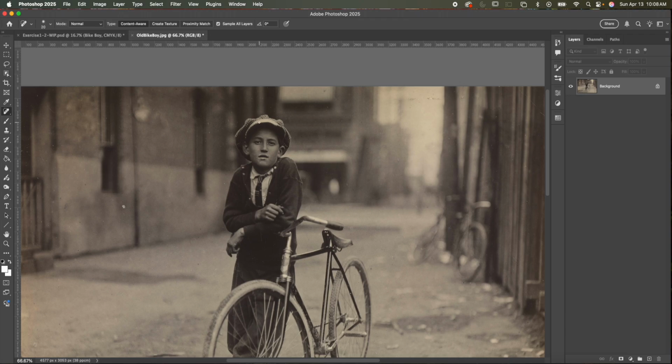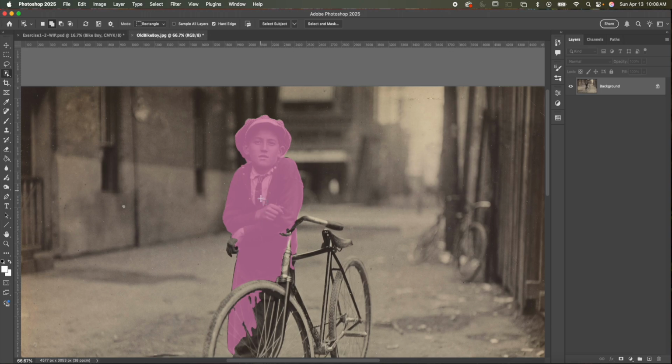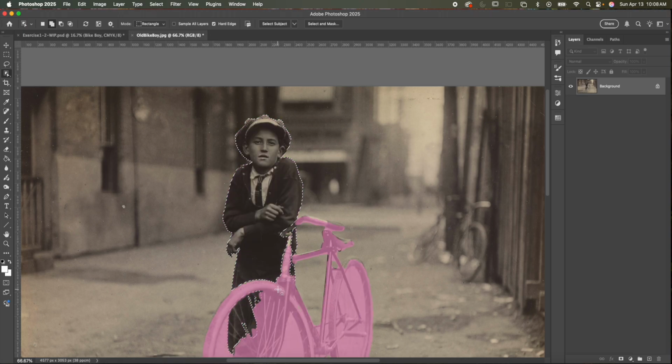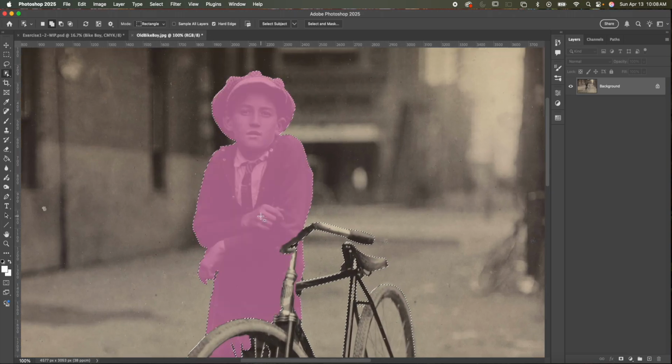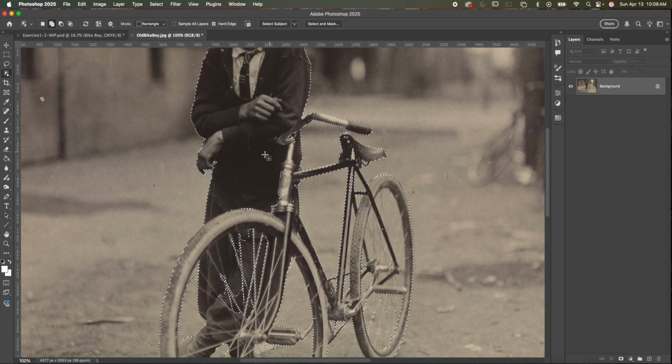separate the figure from the background. I'm going to go ahead and just go back to using the object selection tool. And remember, this does a good job of trying to identify objects in the foreground. So I'll select the boy's figure first, and then I'll hover into the bike area and select the bike. So for the most part, it's done a good job, but there's still some